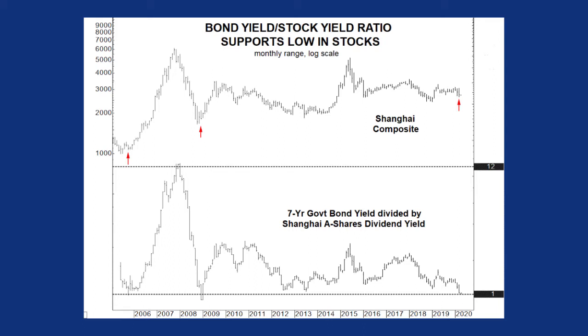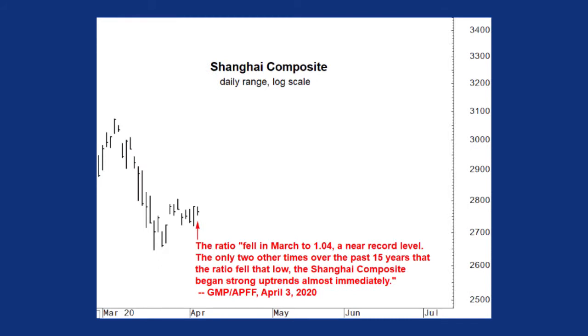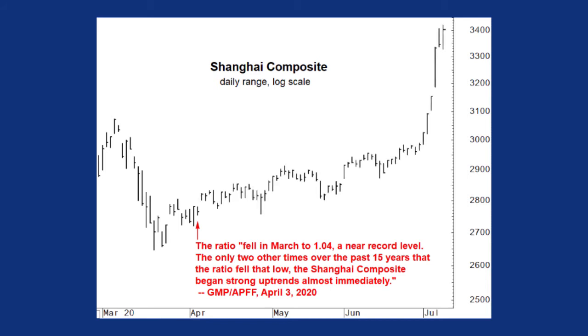Notice that the ratio had fallen to parity, just as it did after major price lows in 2005 and 2008. Therefore, we wrote in the April 2020 issue of Asian Pacific Financial Forecast and Global Market Perspective, the ratio, quote, fell in March to 1.04, a near-record level. The only two other times over the past 15 years that the ratio fell that low, the Shanghai Composite began strong uptrends almost immediately. And indeed, history seems to be repeating again, as Shanghai stocks have since increased by more